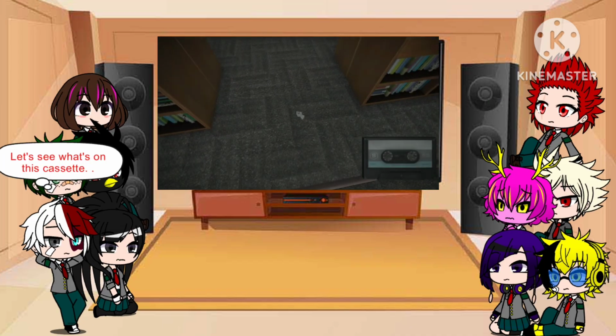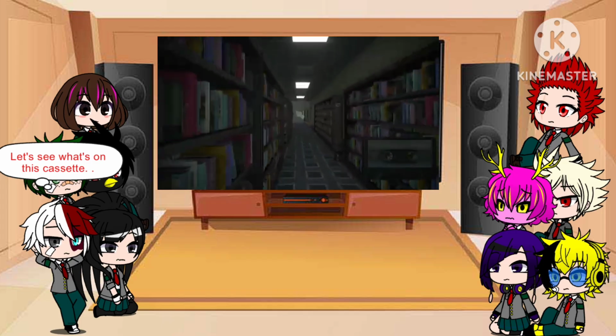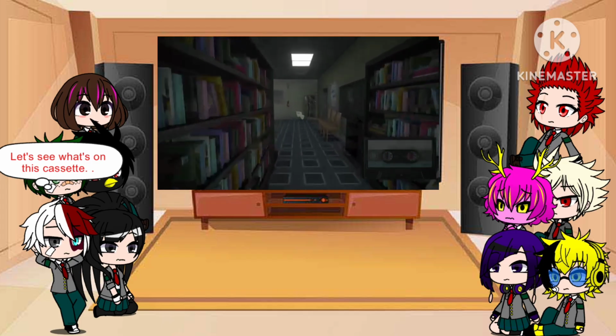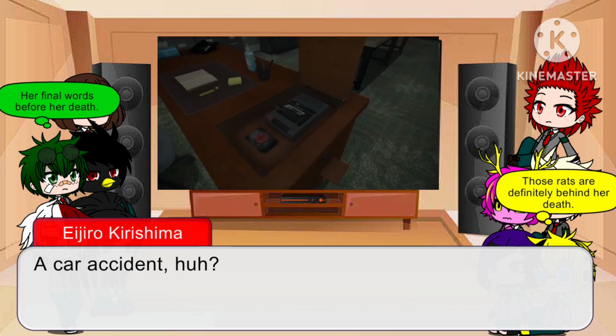Collecting up this tape and taking it over to the tape player at Kate's desk reveals a secret audio log from none other than Aunt Kate herself. This is the final message Kate recorded before she died in what sounds to be a car accident, and is addressed directly to Riley. The car accident may well have been orchestrated by Hamlin Entertainment themselves as a cover-up to halt Kate's investigation. Take a listen.